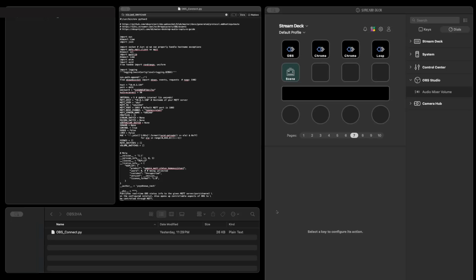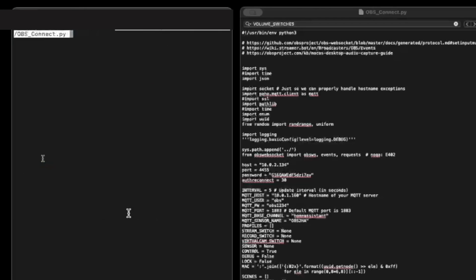Once that is installed, you're going to want to go ahead and open a terminal on your computer. To be honest, the easiest way to do this is just to grab the script and drag it into the terminal. And that just tells it where the location is. And we hit enter. Now, if everything has worked well, you're going to see OBS connection successful, MQTT connection successful,